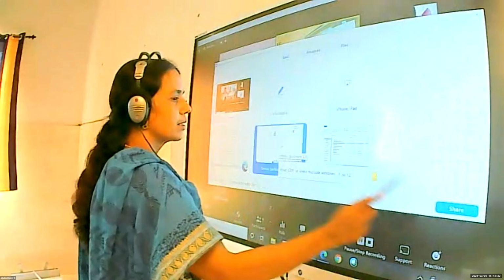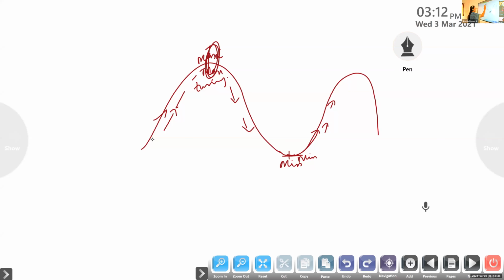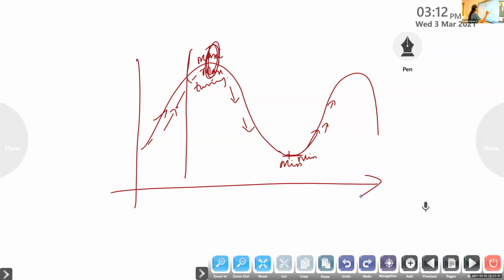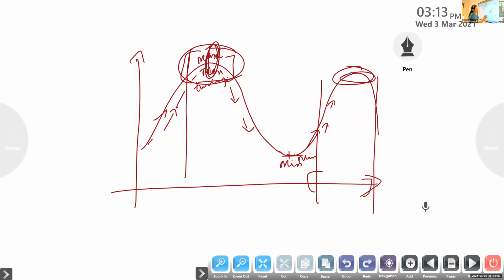For example, children, look at here. This curve is going on increasing and decreasing. If you take this interval, suppose I draw the x-axis and y-axis, in this interval this is the maximum. Again, if I consider this interval, this is the maximum. It depends on the interval in which f is defined. That's what we call a local maximum. Within this region, this is the maximum. If you consider this interval, this is the minimum. So we call them local maximum and local minimum.